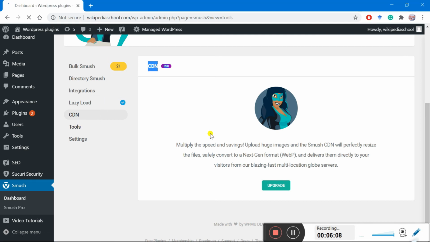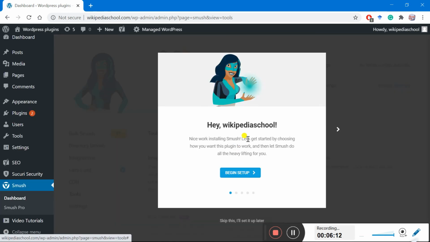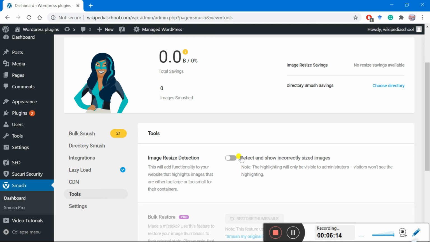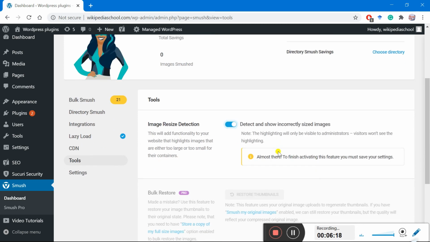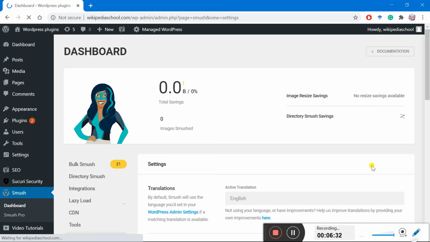There are other tools as well. Image resize detection: it will detect and show incorrectly resized images. It will automatically detect the images which are larger in size than the custom value you choose. Then comes the settings.